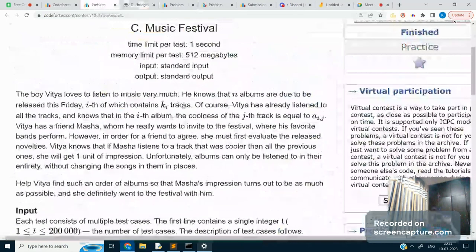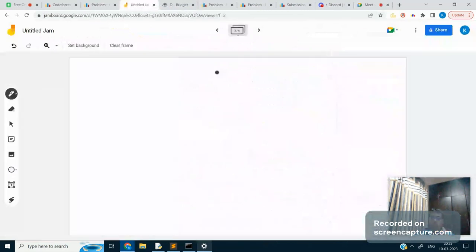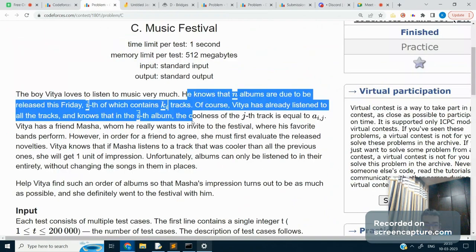So basically, here there are given n albums, and each album has some tracks. So there are n albums. Let this be the album. An album is a sequence of tracks. Let this be an album of 5 tracks, and each track has a value associated with it, which is the